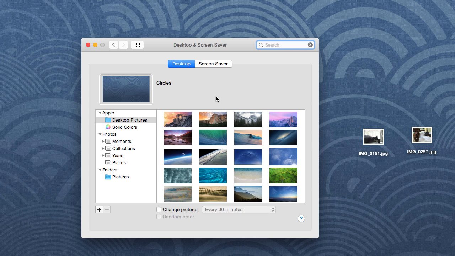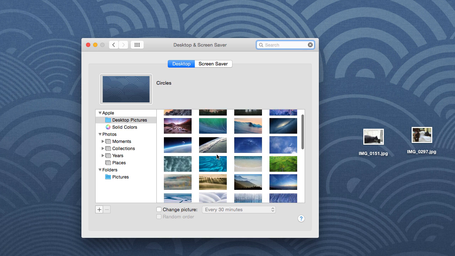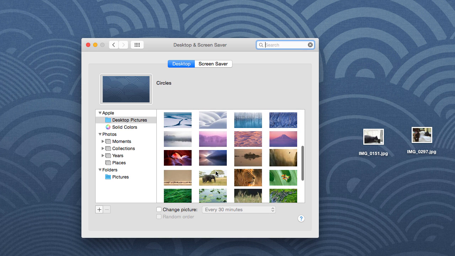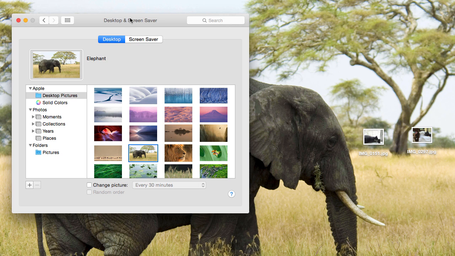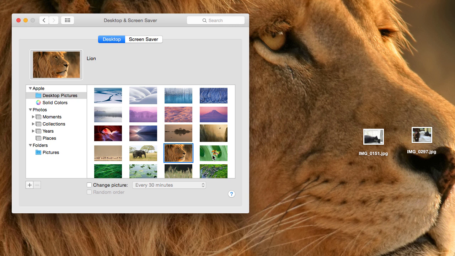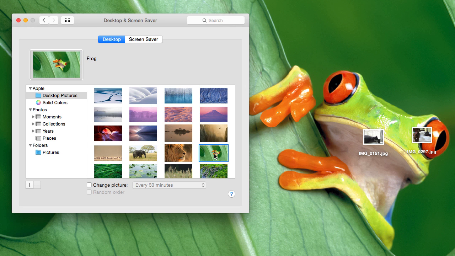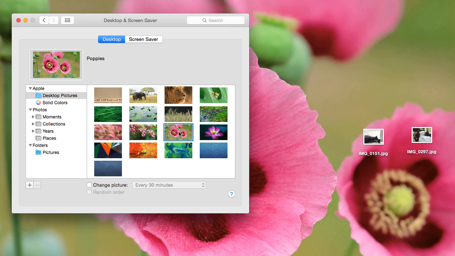What options do we have now? Well, you can choose one of these funky landscapes that come with the Mac, and Apple gives you pictures of elephants, lions, frogs, flowers, and all kinds of colourful options. You can also drag any picture from the desktop or from a Finder window into this little well at the top of the window. For example,